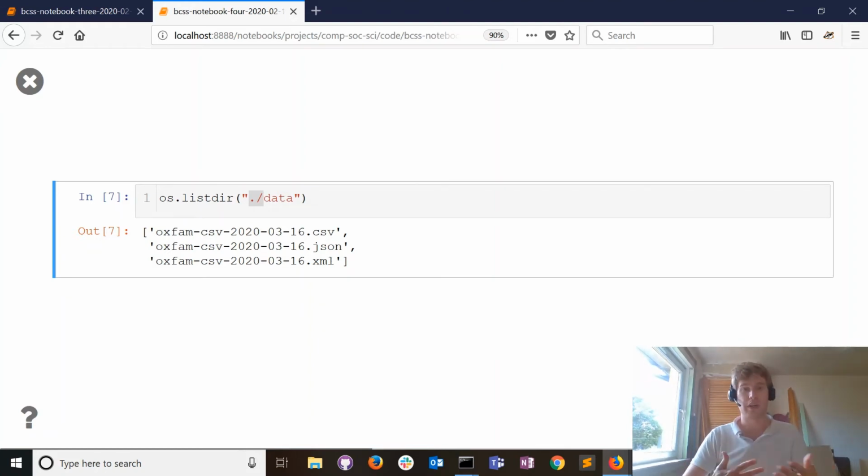Well, again, if you and I are collaborating across different machines, we're going to have differently named folders. You might have things on the desktop instead of the C drive. You'll have different folders. It might be in something called projects. You might call it something completely different. The point is, as long as the data folder is in the same location as this bit of code, then this will always work. This will work on my machine, this will work on your machine without having to specify